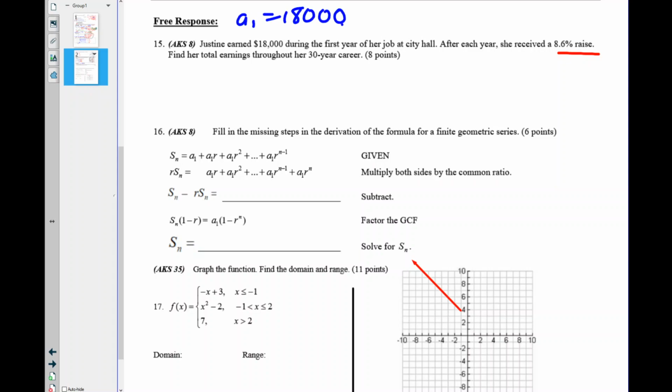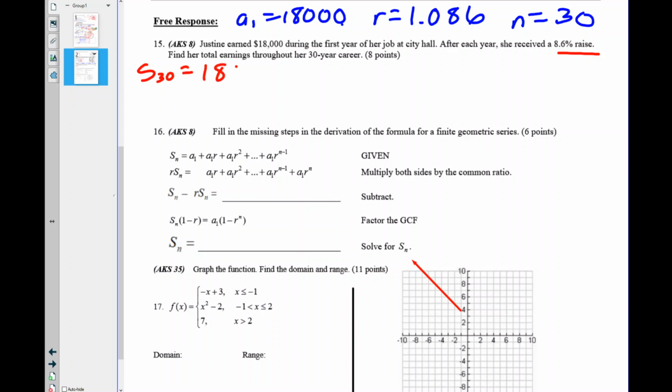18,000. What is my common ratio? That was the one that killed everybody. 1.086. If you have an 8.6% raise, your common ratio is 1.086. And then what's n? How long are we counting? Over 30 years. So when you plug this in, the sum of all her earnings over 30 years is equal